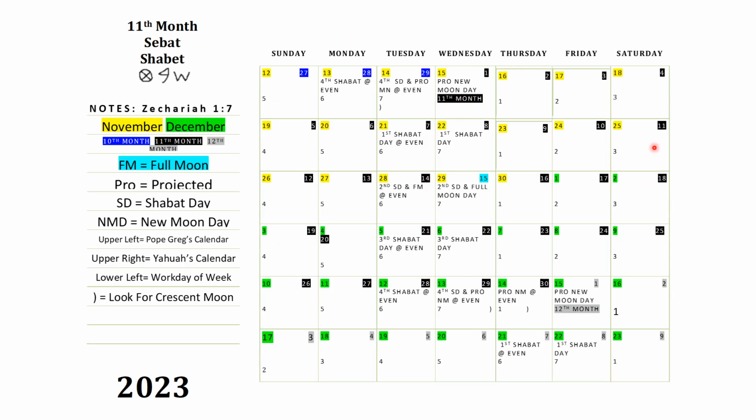If you have downloaded or created a calendar from the previous month, just take a look at that. Get that out, take a look at it, because we're going to leave out the 11th month on this calendar and go right into the 12th month on this line right here. All right, so that's where you can start your new calendar from, this line right here.